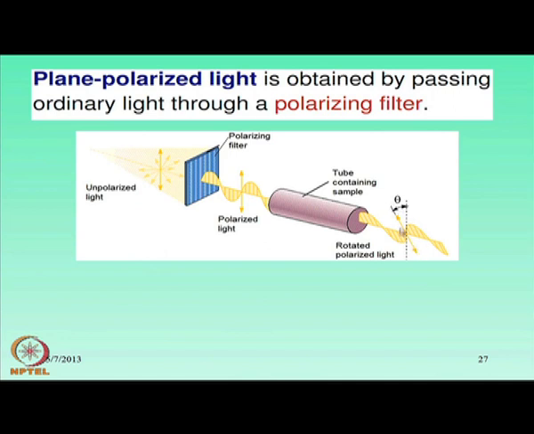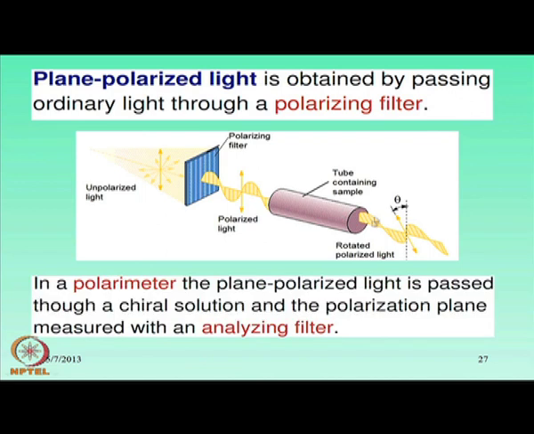with respect to the light entering the solution, how much movement has taken place. The amount of movement, that means the theta amount, is known as the optical rotation of the molecule, where we see that the plane of polarization is rotated by the optically active compound present in the medium. So, that measurement gives us the experimental proof for the optical activity.